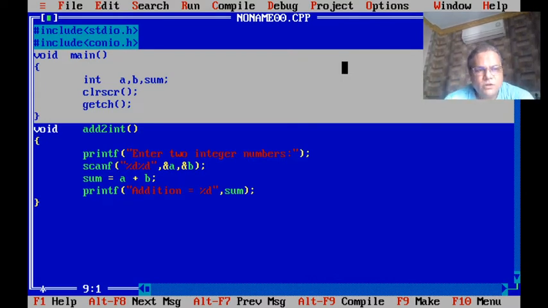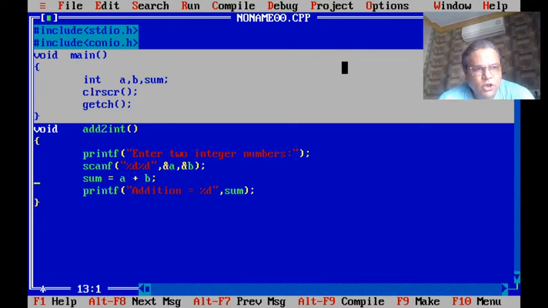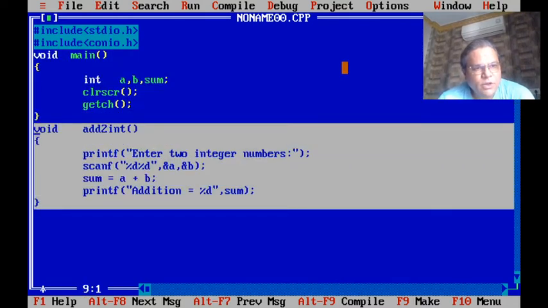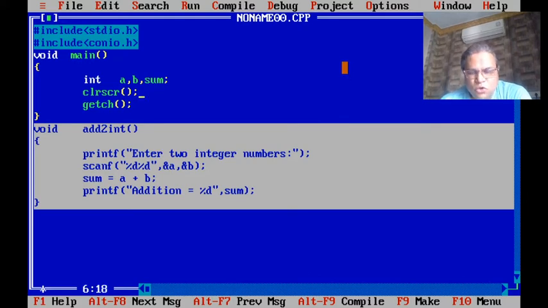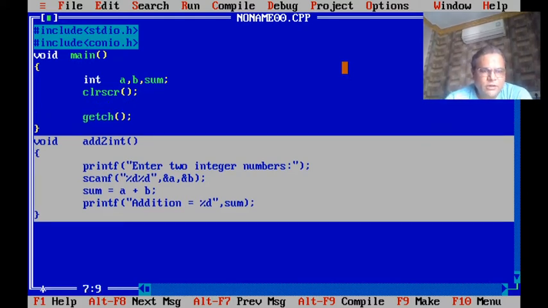But we want the compiler to execute our function, that means the commands written inside the function. So if we want this to happen, then we should use one more command inside the main, that is called the function call command. The command required to start the execution of a user defined function is called the function call command.